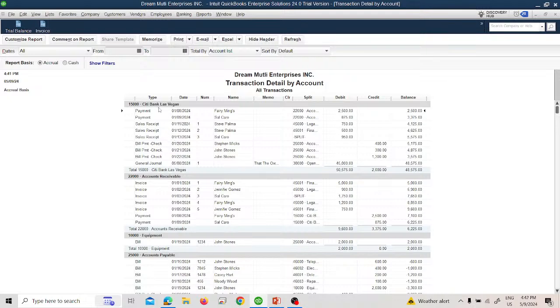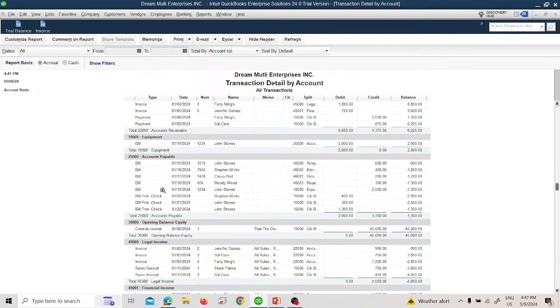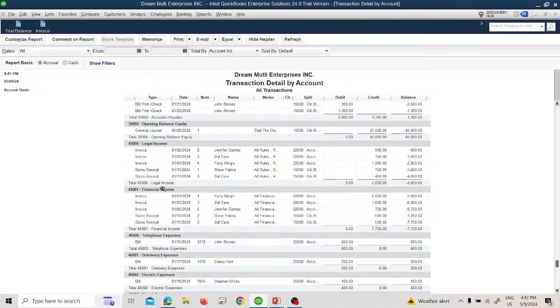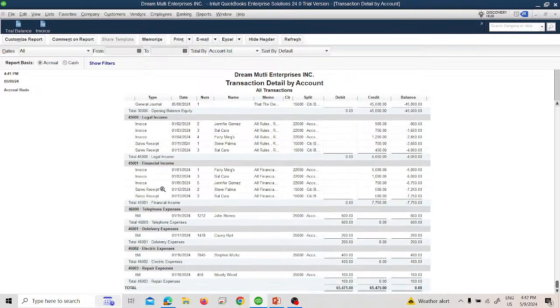Here you can see Citibank Las Vegas, here is receive payment, sale received, you paid the bill, general, and XYZ. You can see every account's detail of transactions under this list. Okay, so